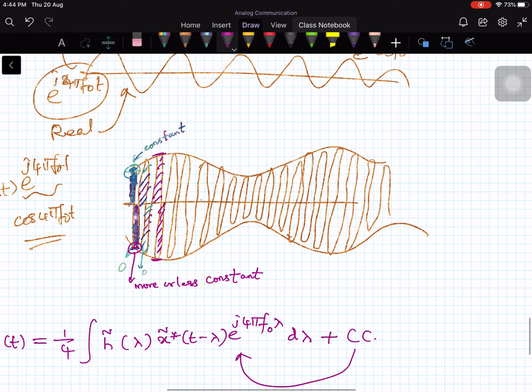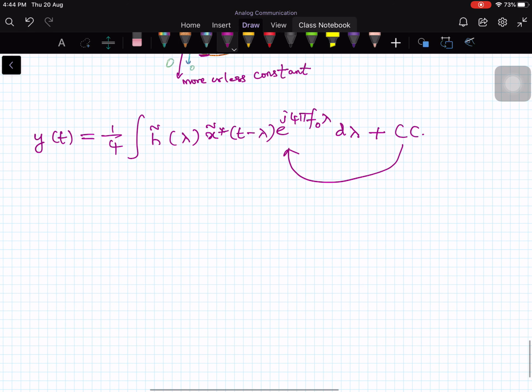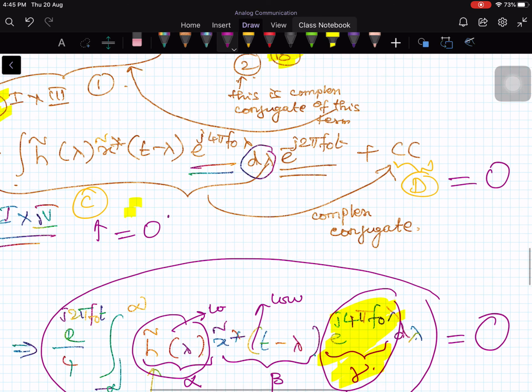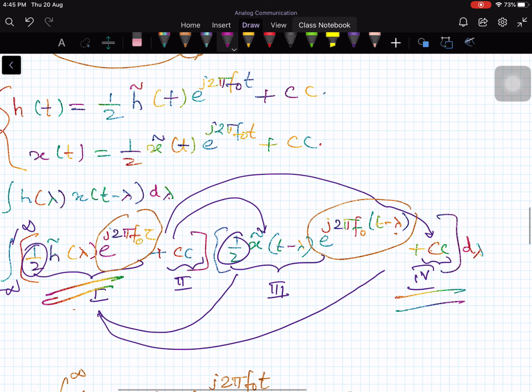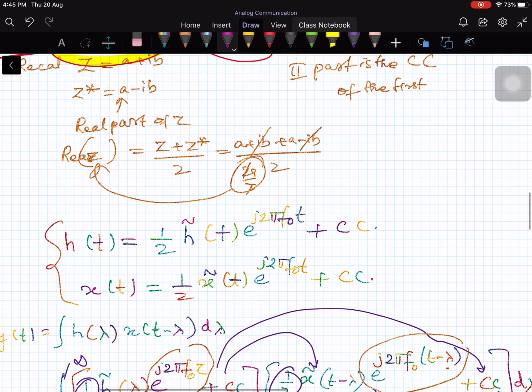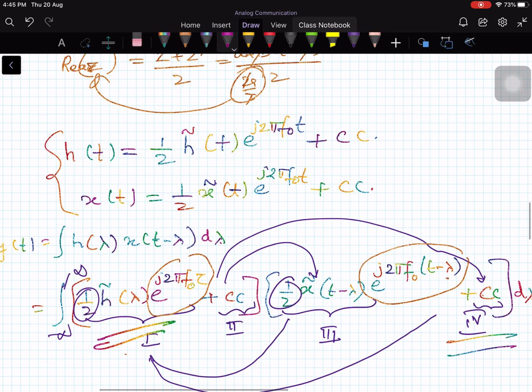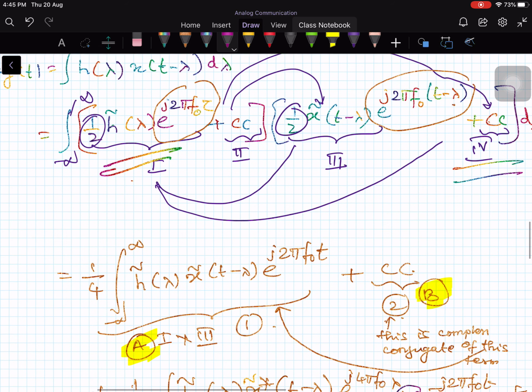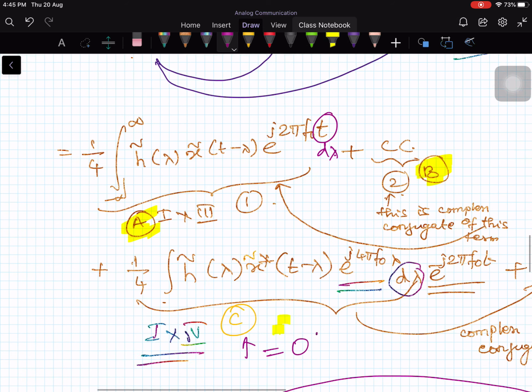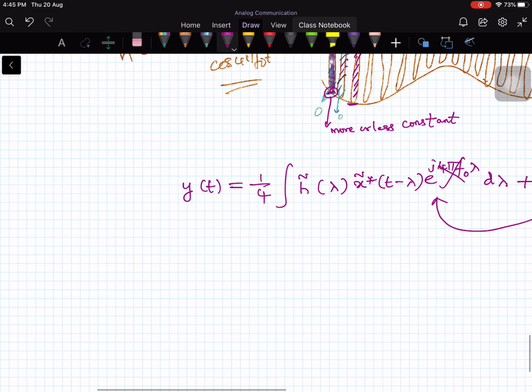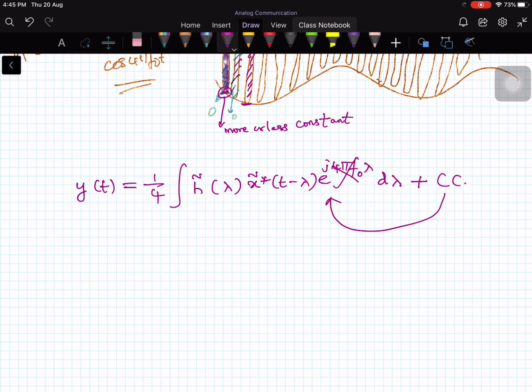Yeah, it's correct only. There is no mistake. I thought this one is not lambda. That is a problem. So this is wrong. Look here: in the A term, this is d lambda, and here the exponent is with respect to t. Okay, therefore the A term is going to be, this is wrong actually,